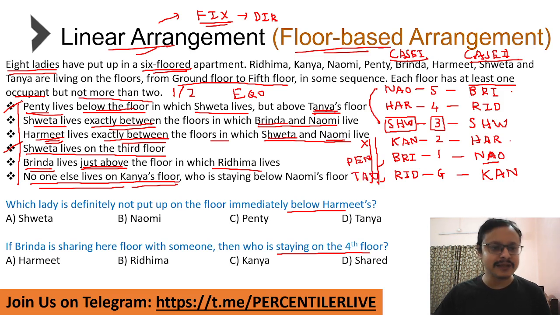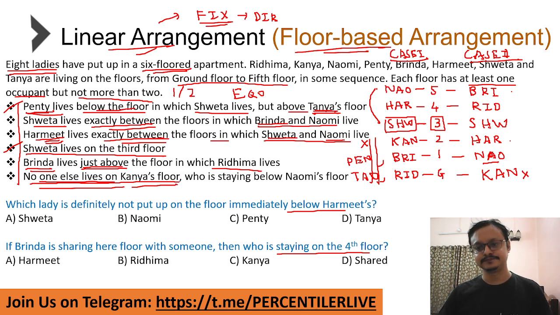Why? Because Penty lives above Tanya's. So Penty is on the first floor, Tanya's on the ground. What about the second case? In case 2 again, Kanya's floor is not occupied by anybody else because it said no one else lives on